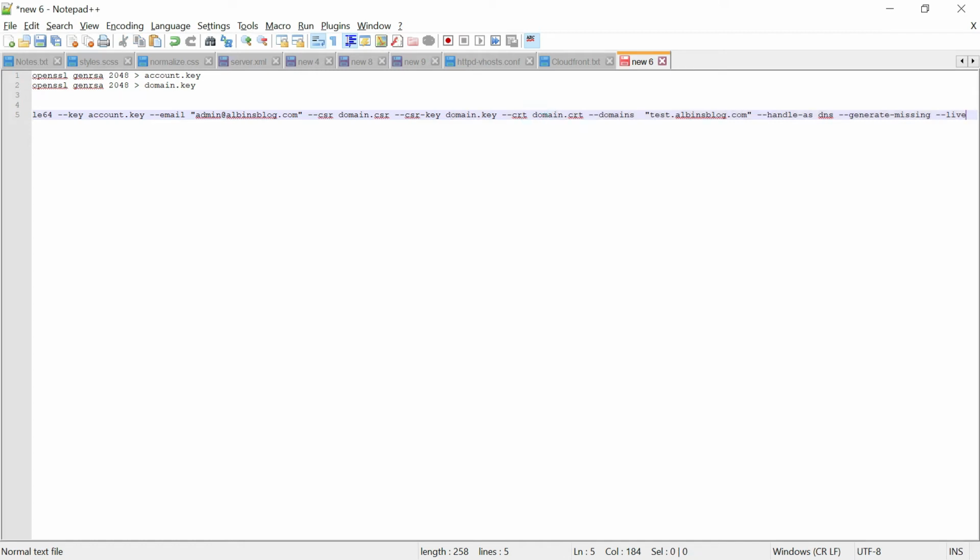Then the certificate file name. Then domains: what domains you need to include in the certificate? In my case, I am going to only include test.albinsblog.com. Sorry, we need to include both the domains, test.albinsblog.com and